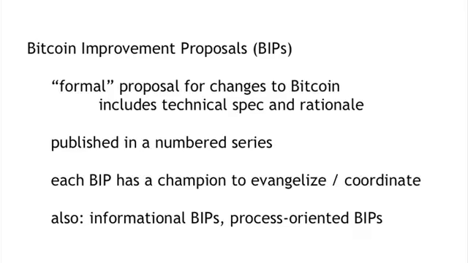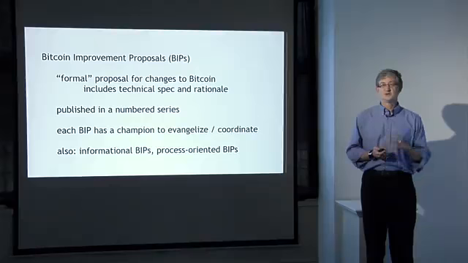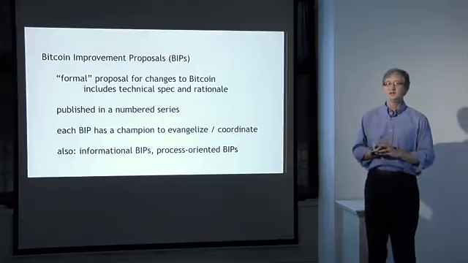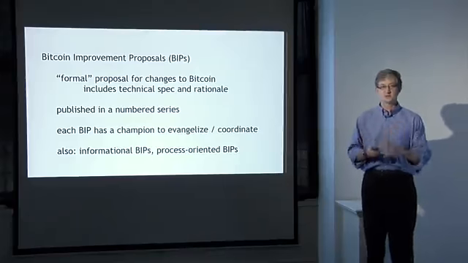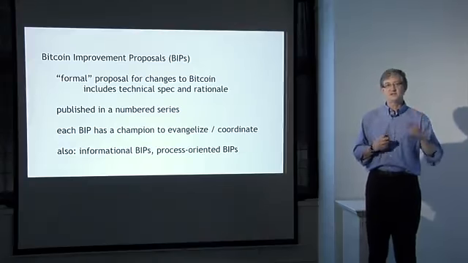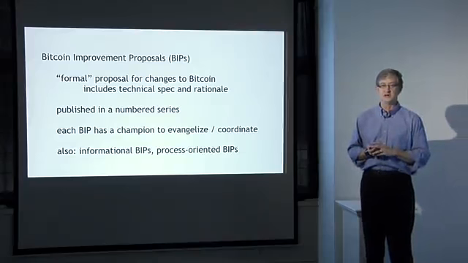Another related piece of machinery is Bitcoin improvement protocols, or BIPs. These are formal proposals for a change to Bitcoin. And typically, an improvement proposal will include a technical specification for a proposed change as well as a rationale for it. So if you have an idea about how to improve Bitcoin by making some technical change, you're encouraged to write up one of these documents. You're encouraged to publish it as part of the Bitcoin Improvement Proposal series, and that will then kick off a discussion within the community about what to do.